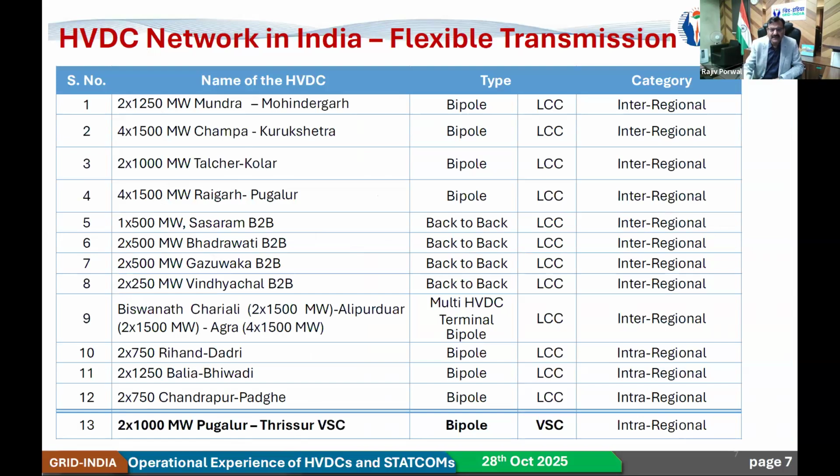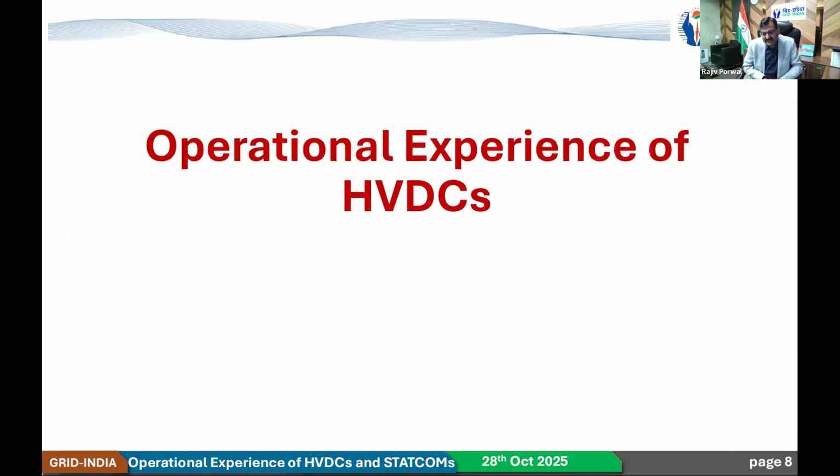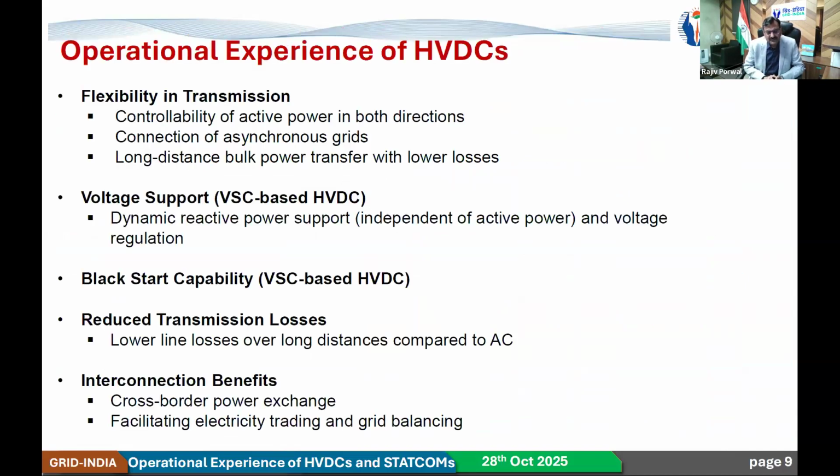So these are again the same numbers which were there in the last slide. Mostly they are LCC based, and one HVDC is VSC based. So we have flexibility in transmission, controllability of active power in both directions, and connection of asynchronous grids. Earlier it was there, no longer now, except that we are connected to Bangladesh with an asynchronous back-to-back connection at Bheramara.